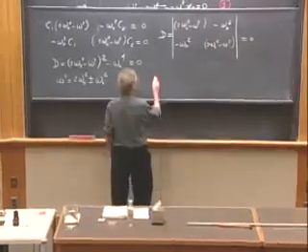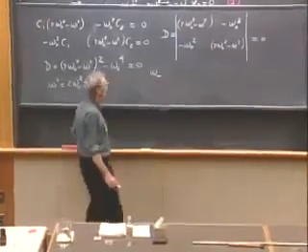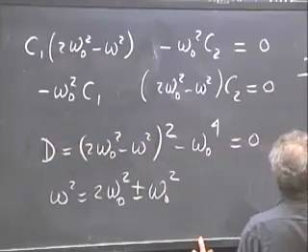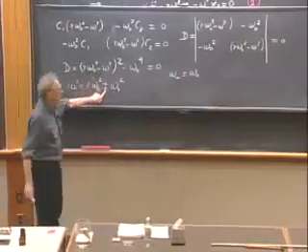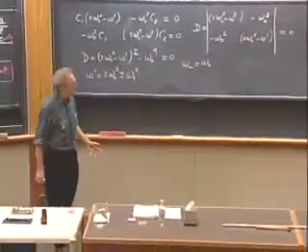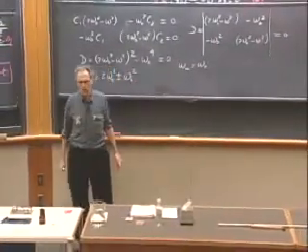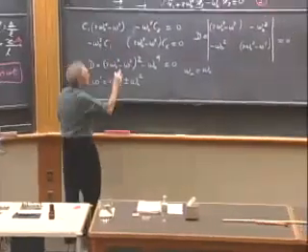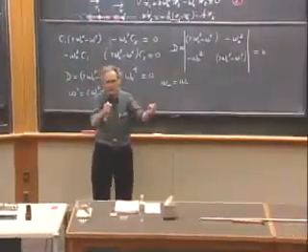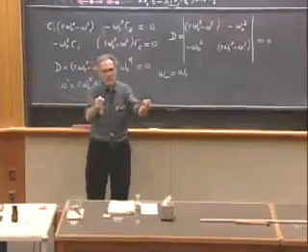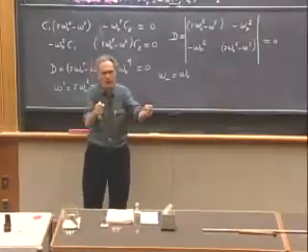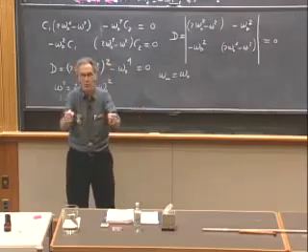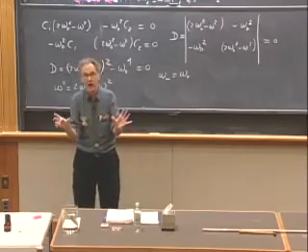Notice that omega minus, which is the lowest one of the two, is the same as omega 0, because that's the minus sign. What does that mean if omega minus is omega 0? Well, it means, of course, that the two objects are just oscillating like this. The inner spring is never stretched, is never longer than it wants to be, is never shorter than it wants to be,